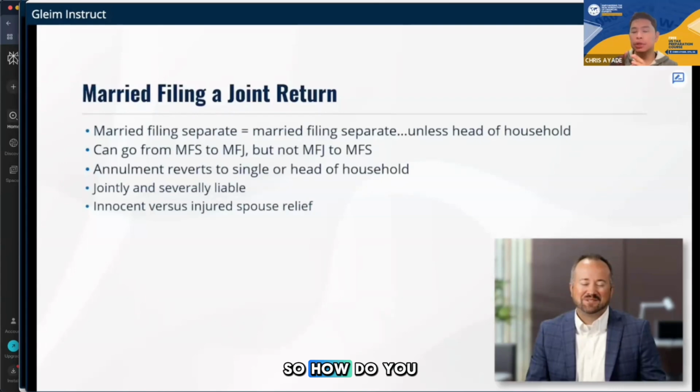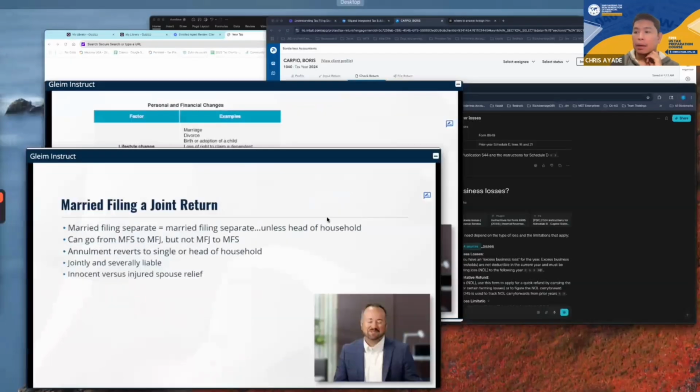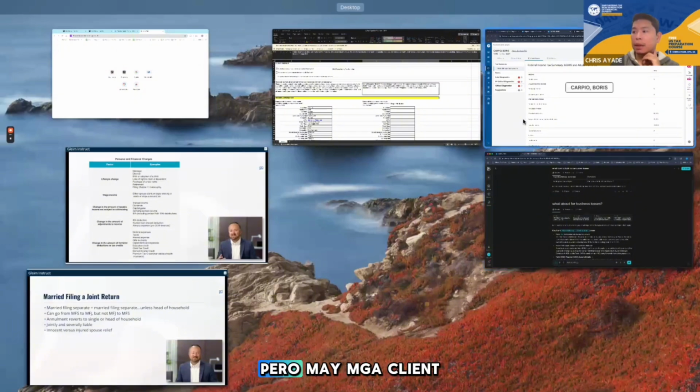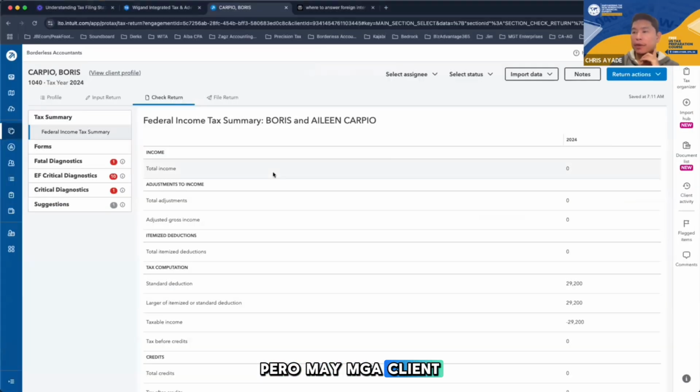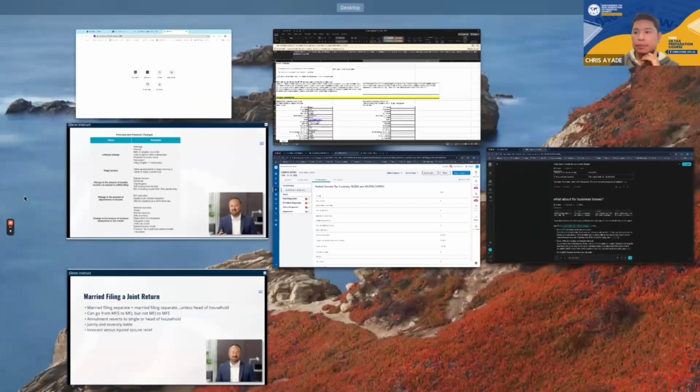So, how do you know these things, na magkano dapat yung liability ni husband at saka ni spouse? When you enter a document in the tax return, pwede din naman kasing hindi gawin to. Pero may mga client na very particular. So what you do